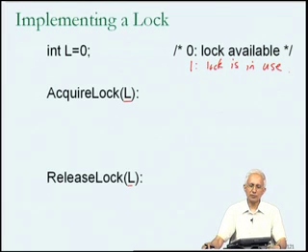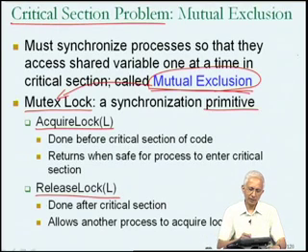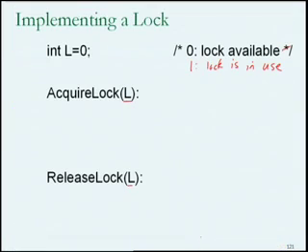Right, so as far as using the lock is concerned, the lock initially has a value of 0, and we understood that the release lock operation was going to be used to make the lock available for the next process to acquire. And therefore, we suspect that all that has to happen in the release lock primitive is to set the lock variable to 0. This will make the lock available, which, if you look back at the previous slide, is what we wanted the release lock function to do. We wanted it to allow another process to acquire the lock, which means that it should make the lock available, and it will do so by setting the variable L to 0.